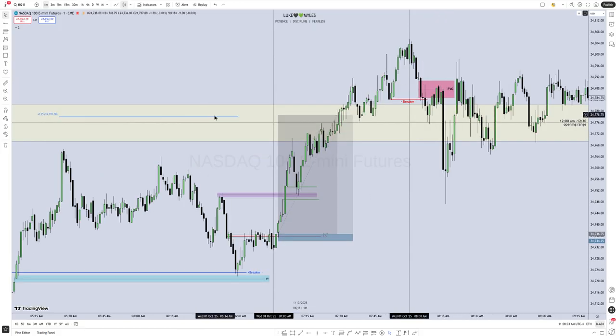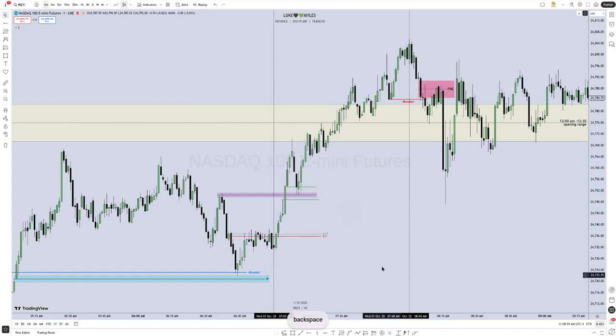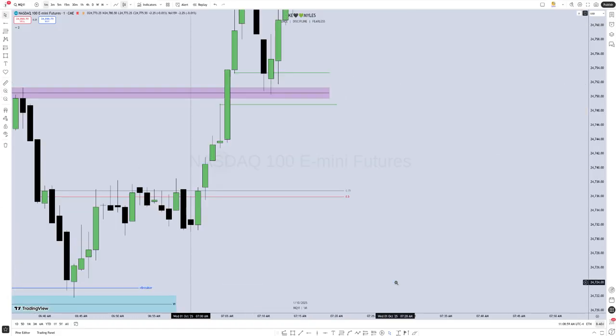So this is the safest take profit you could have, and it aligns above the consequent encroachment of this opening range at 12 a.m. to 12:35. So that's how far the market can go. And if I'm to venture deeper into this analysis right here, that would be take profit. If I'm to work with this price action right there,